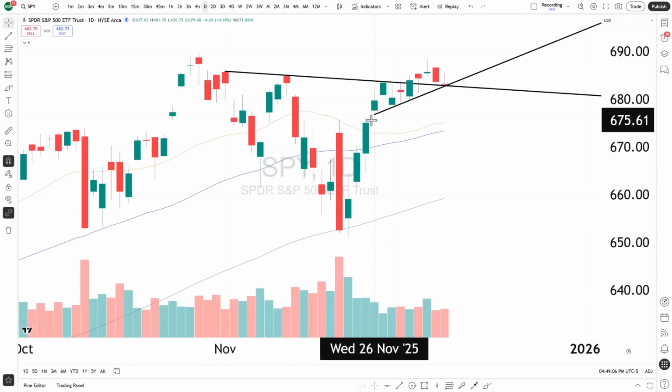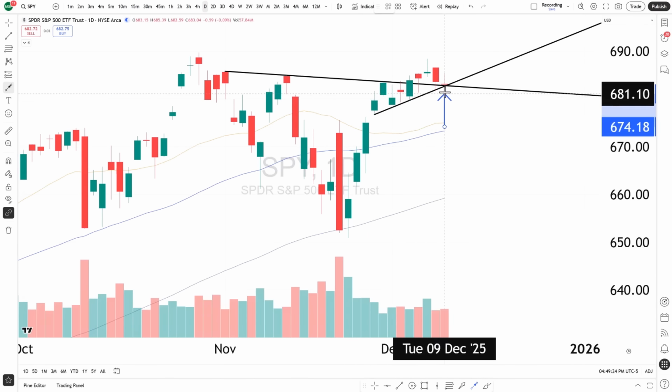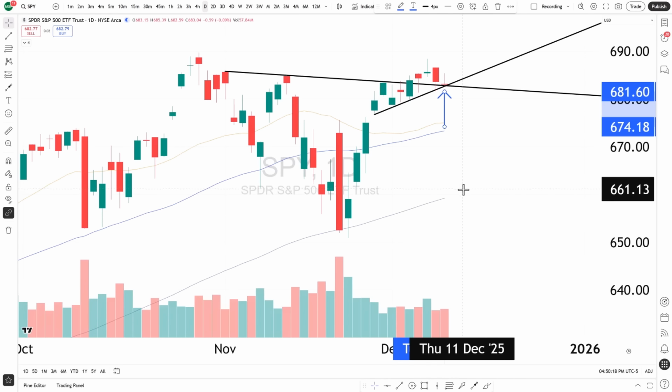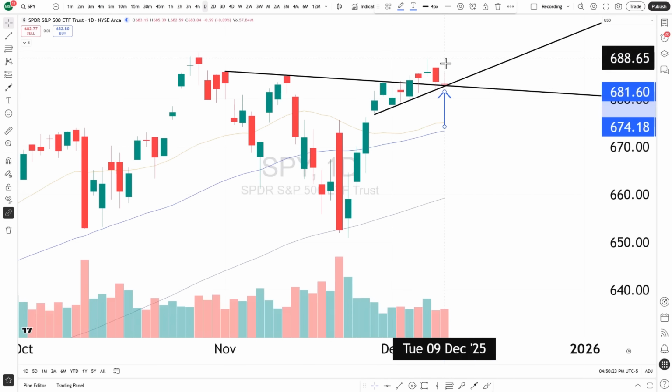So having these 2 trend lines on the chart, we can see right here at the precipice, the apex of the triangle, whatever you want to call it, doesn't really matter. It's just where the 2 trend lines meet. And as you can see, that was pretty much today, and we closed literally right on it. We're at the most important time period within this rising wedge pattern formation, and it just so happens this is leading up right into Fed Day tomorrow. So we couldn't be in a more important spot.